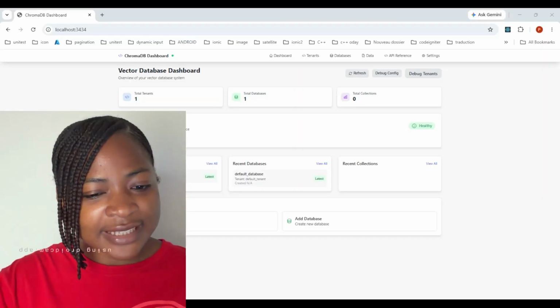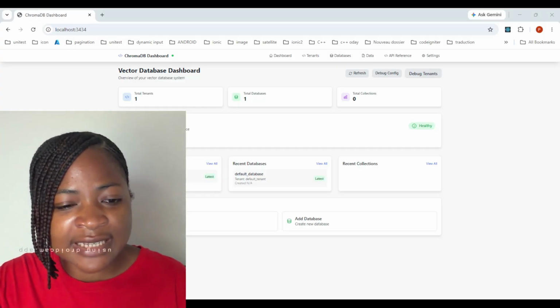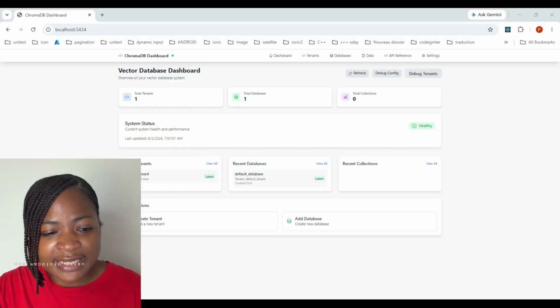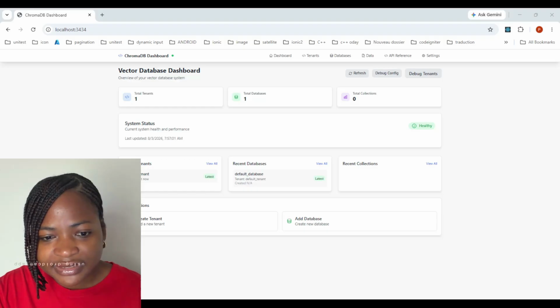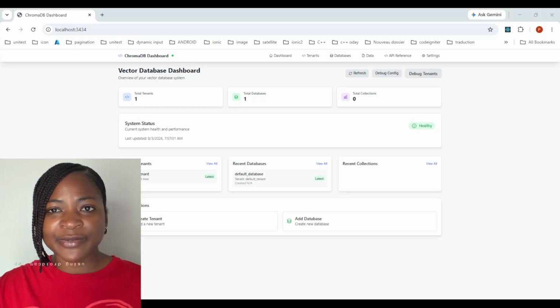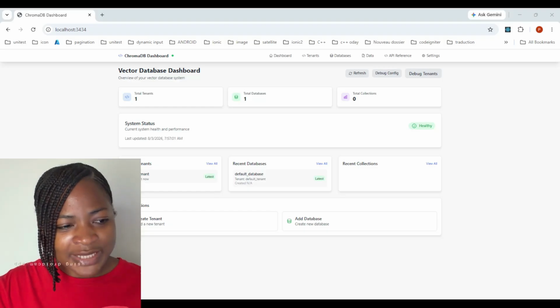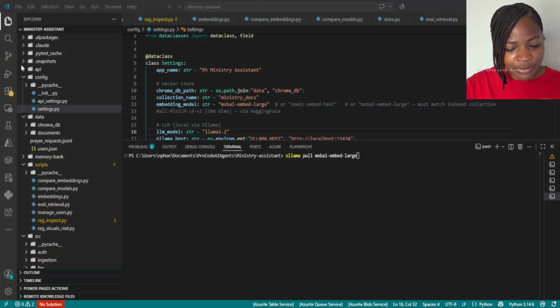Now this is our vector database. As you can see, the vector database is empty. The collection is empty here. I have deleted everything because before we were using all-MiniLM-L6-v2. Now what I will do, I will go to VS Code and I will install